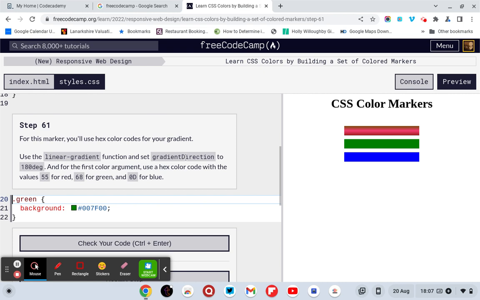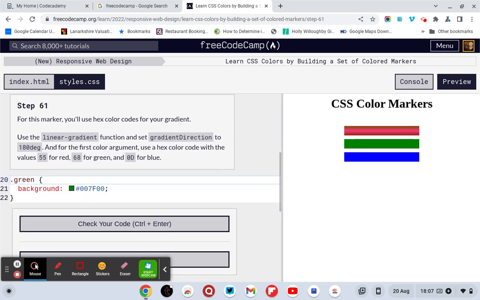For this marker, use the hex colour code gradient direction 180 degrees, and for the first colour argument, use a hex colour with the value 55, 68 in green and 0D for blue. So we're taking that out then. We're putting background linear gradient direction 180 degrees, comma,